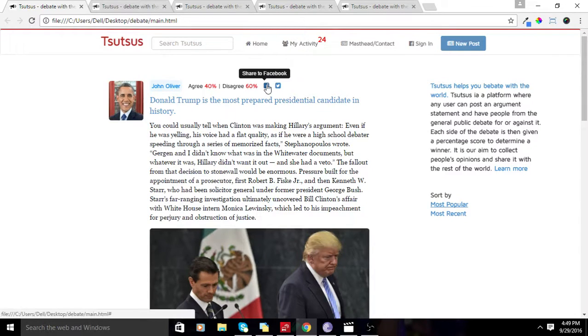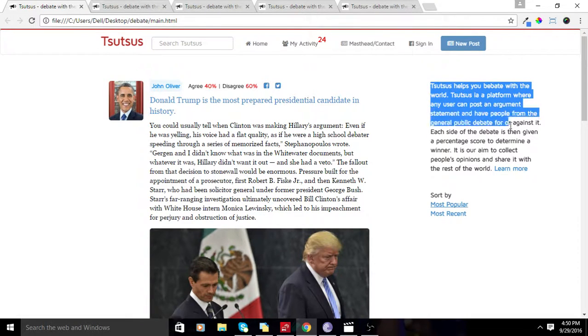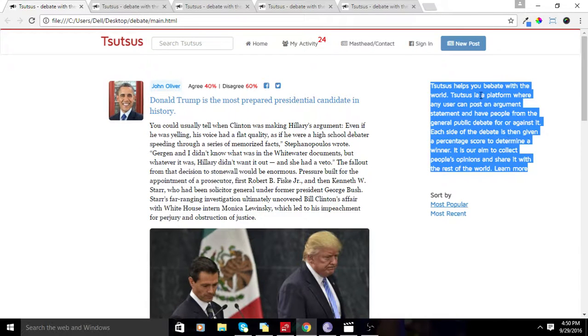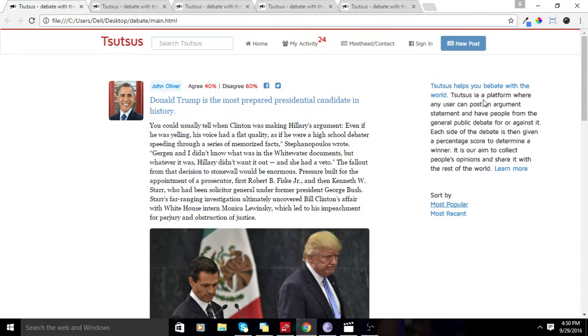You have the usual share to Facebook and share to Twitter, and I know the backend programmers will do a good job of that. On the side here we have a little description of the website, which we didn't have at first. I think it is very necessary, because if you share the link with someone,